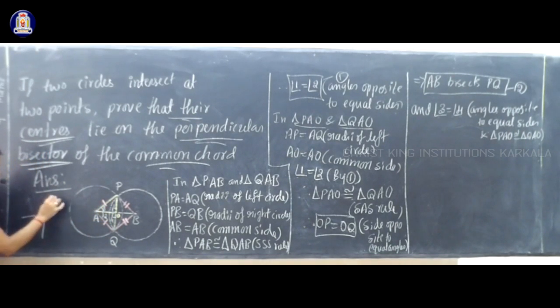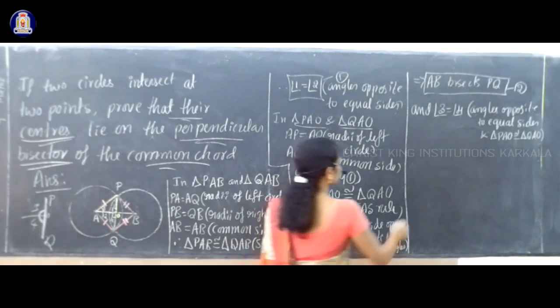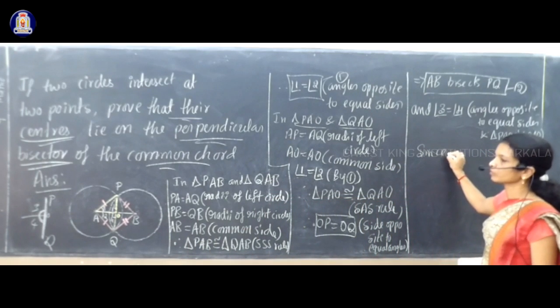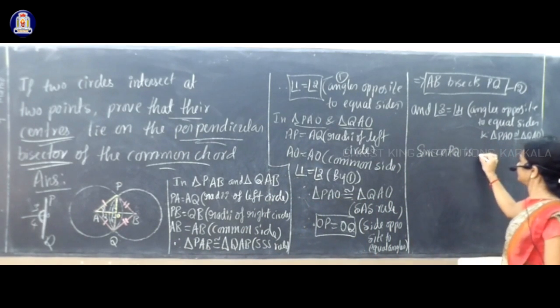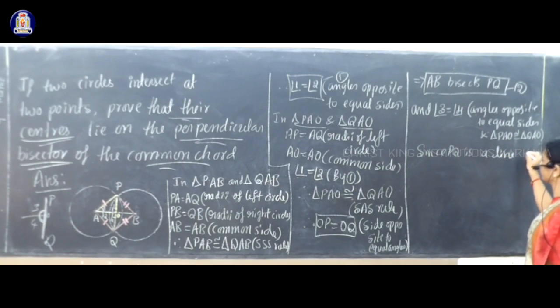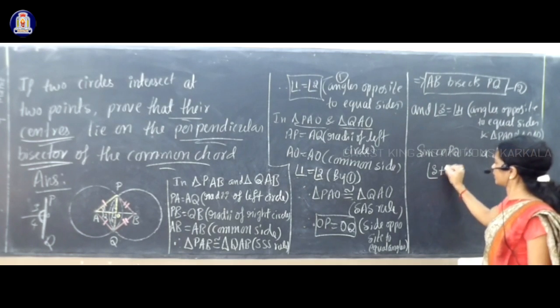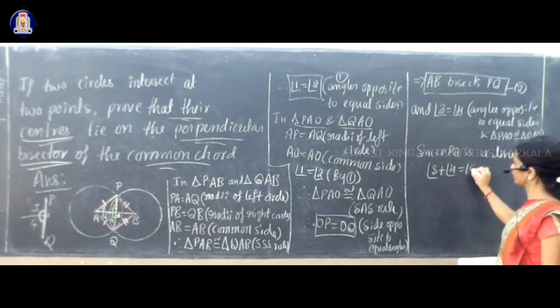See, here you have P Q, and here you have O, and this is your angle 3 and this is your angle 4. In the highlighted part of this figure, which you have to observe in the main figure, this is a straight line. On one side of a straight line, total angles must be 180 degrees. So since PQ is a line, we can write angle 3 plus angle 4 is equal to 180 degrees.